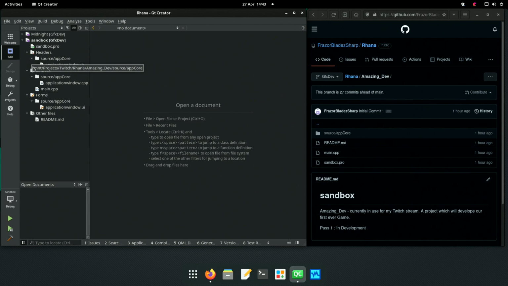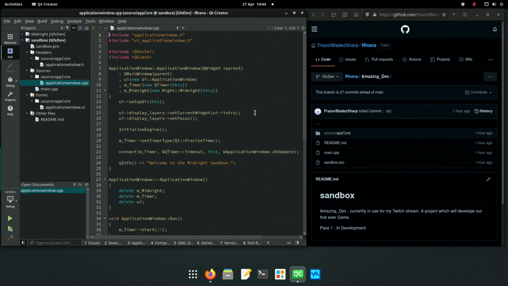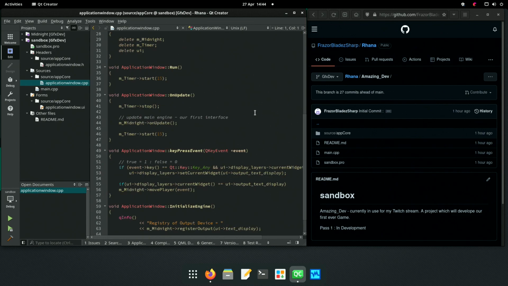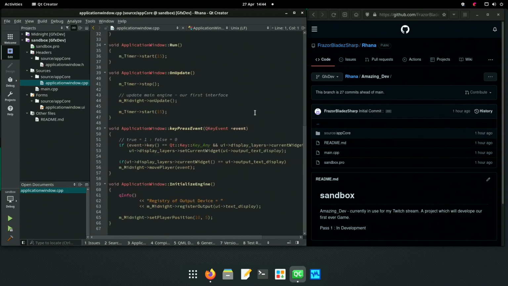So now I'm looking through the game code that we've got, and let's see if this is any good. Well, no, this is pass 1 code. Borderline pass 2. 1.5. It's not very good.